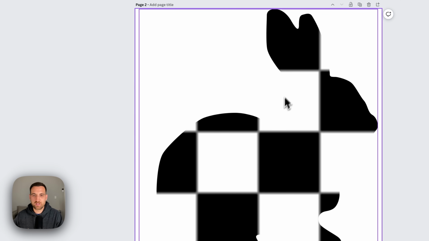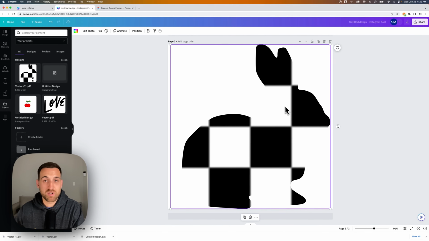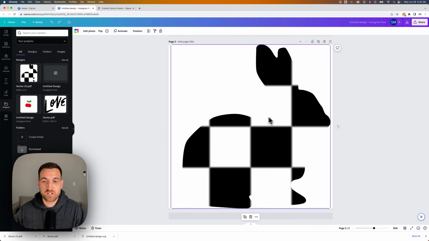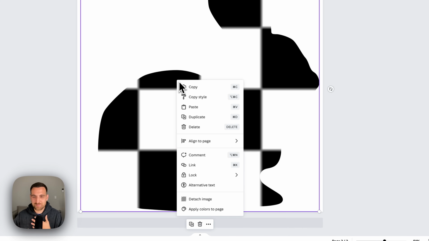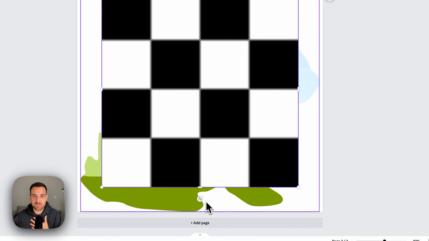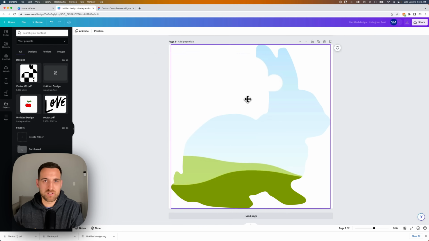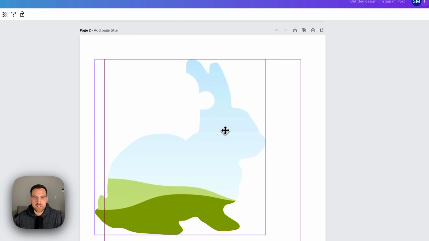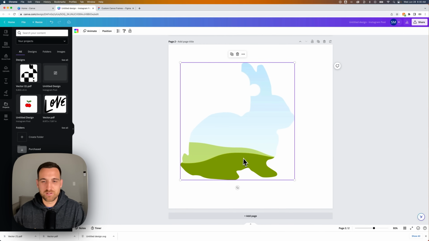Once I click and drag him out here, I've got this bunny, and I can actually select him and either just press the delete key and delete out the image, I should say, or right click it and hit detach image. Now detach image gives you this image outside of the frame, which then you also have to delete. You should be able to just press your delete key on that rabbit, and then we can scale this up and down. And what we can do, of course, because this is indicated as a frame now with the whole blue sky picture,